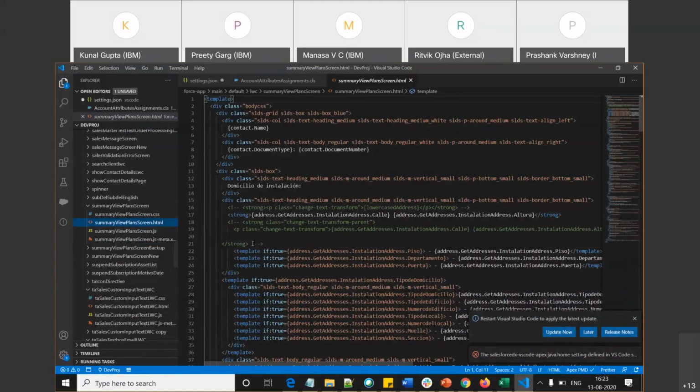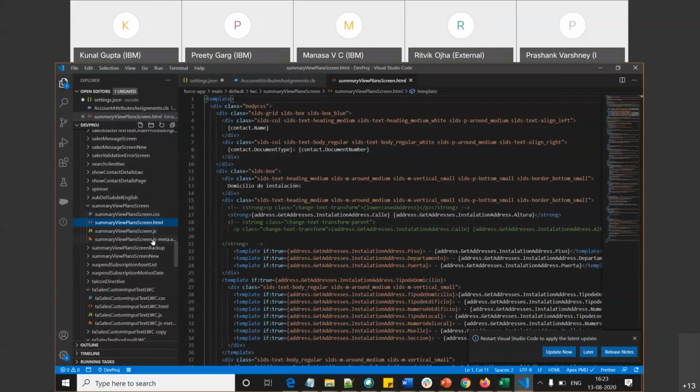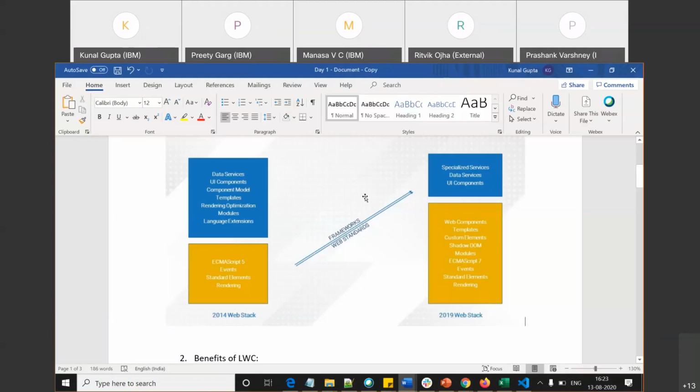Yes, Kunal. Okay. So when we are creating any file, these types of files like .html, .js, .xml, .css are created. We will discuss more about this in a later session. But what I'm trying to say is that this is the basic thing adopted by LWC, and this is